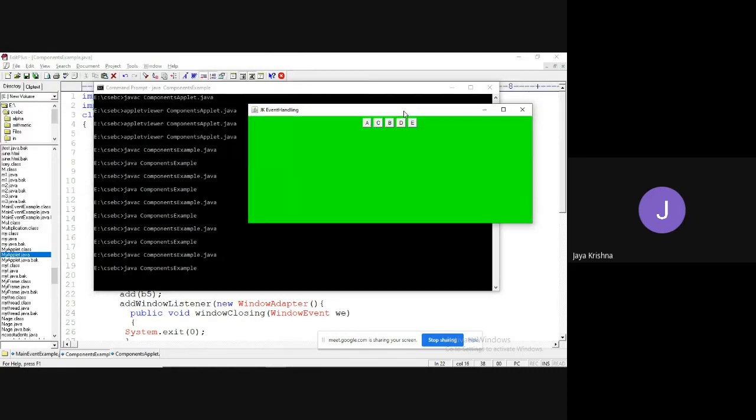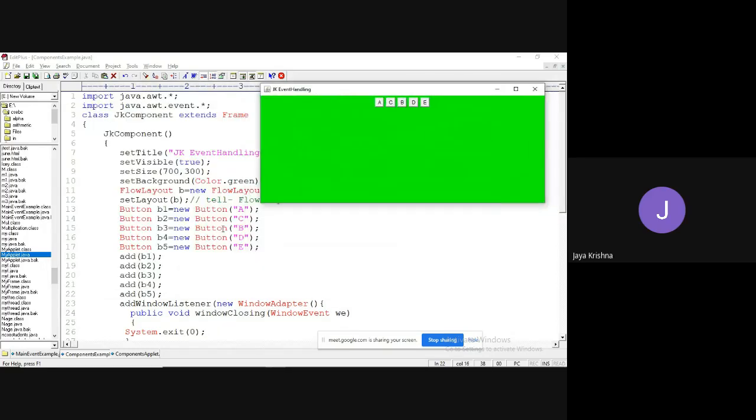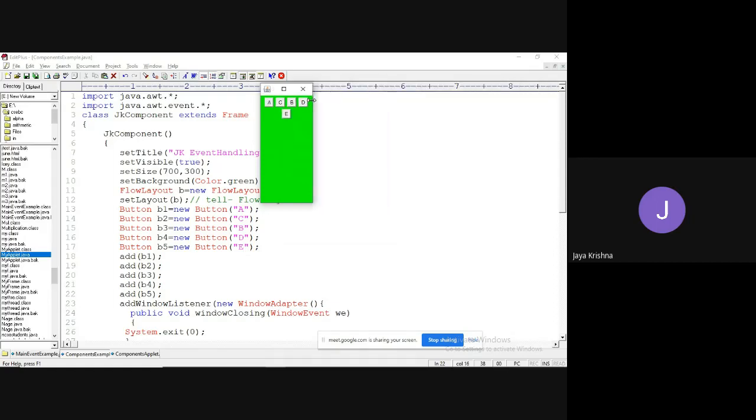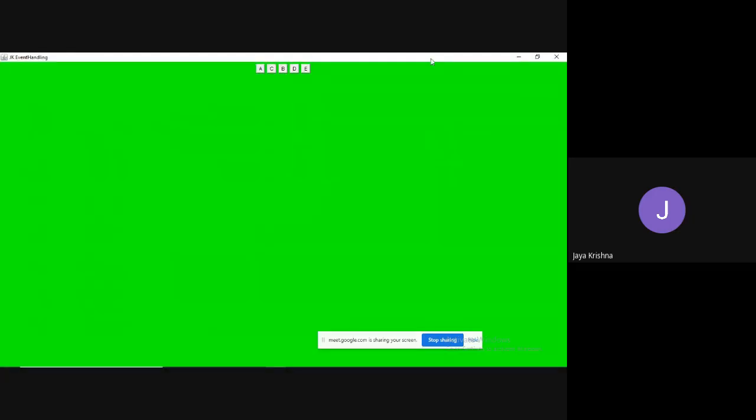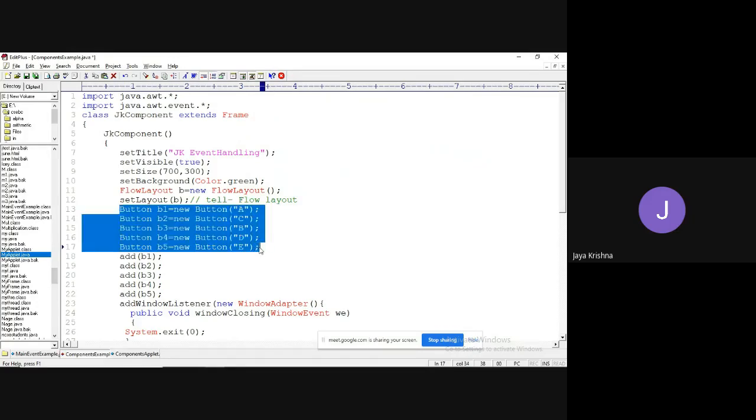So you can find all are arranged. But in the previous case, all are attached to the borders. Now they are arranged from left to right. First observe, I have added A button, C button, B button, D button, E button. In the same order, they are added. If you wish to minimize, observe guys, they are going to come row by row. Or else I would like to take a few more buttons.